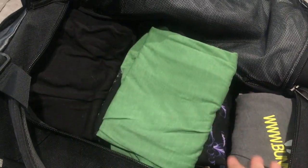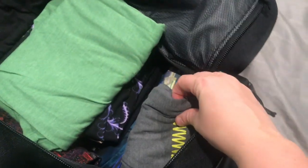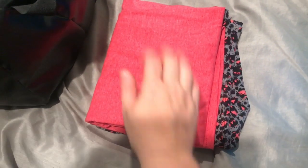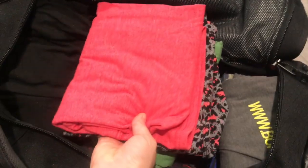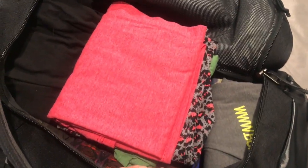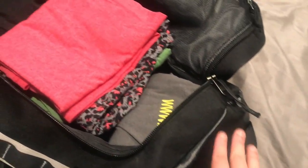Inside I have all of my clothes, and as you can see, they're flat laid. And I did it a little bit differently for this bag because I wanted to be able to have super easy access to full outfits. So I have grouped things together already by full outfit, and I have an example of that right here. So I have this shirt and these leggings, and what I do is I just place them into the bag nice and neat, and that way whenever it is time to go and access an outfit for the day, I can just grab the pieces that go together and set them out to the side,